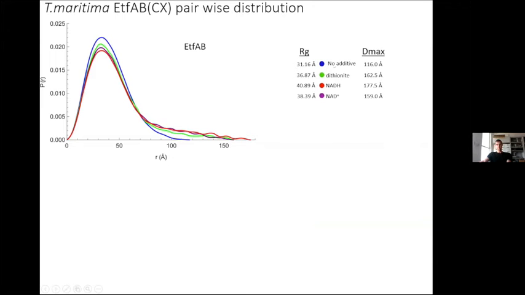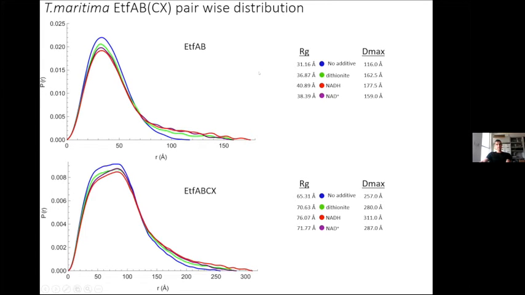No additive is the smallest, but it seems that dithionite and the NAD plus are also causing it to be somewhat larger, but the NADH is causing it to be the largest. And in this case, they also are able to get the EtfABCX full complex. And so again, you see a pretty similar trend in that the no additive is the smallest. With the dithionite and NAD plus, you see it's slightly bigger, and then the NADH is showing it to be the